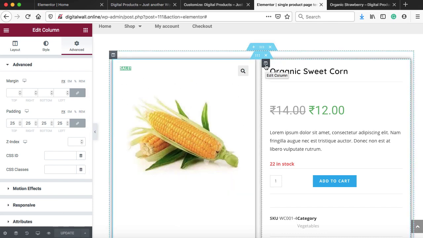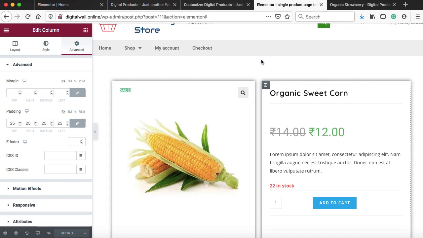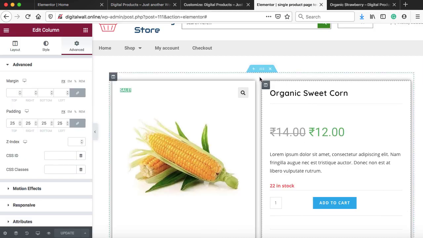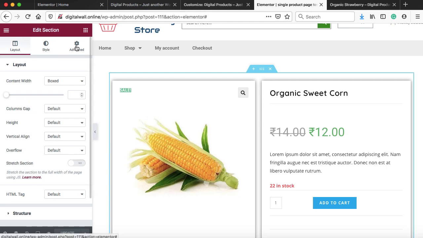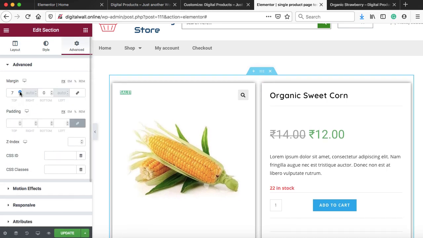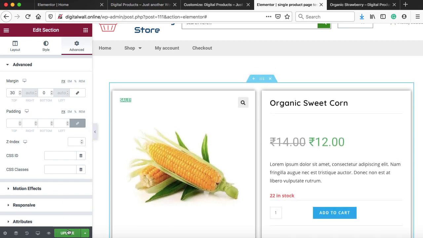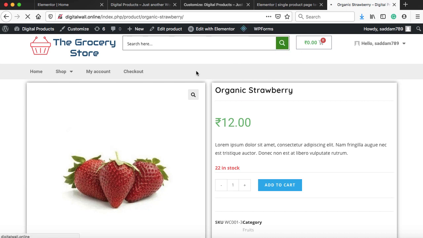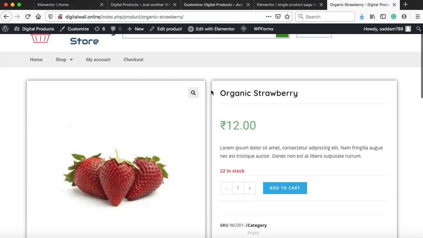Also we can add some top margin just above it, because on the front page we can see over here it is stuck to the menu. So let's add some top margin. So we can go to the settings of the outer column and then advanced. Uncheck this icon and top margin should be increased up to 30 pixels. Now let's click on update and we can refresh our front page. I'm just clearing the browser cache. Okay, so this looks much better.